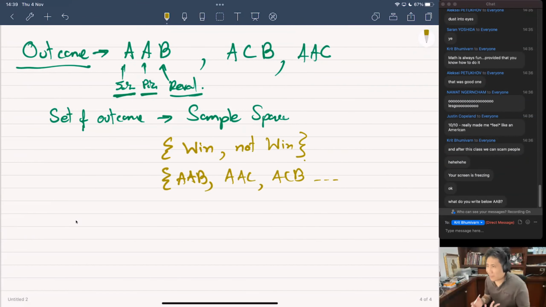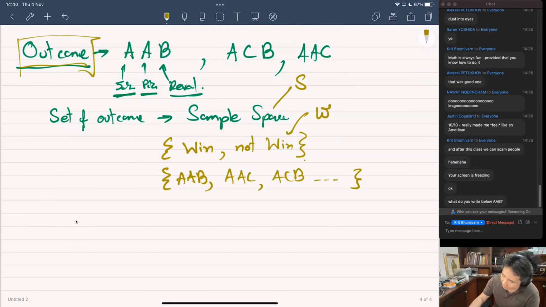But you see, the sample space is not enough to do the math. You need the associated probabilities. Typically we call an outcome little omega, and the sample space I use S. I want you to get not the formal definition, but the intuitive idea behind what an outcome is. An outcome is what could happen, without the associated probabilities. Most people do it this way, which is wrong.